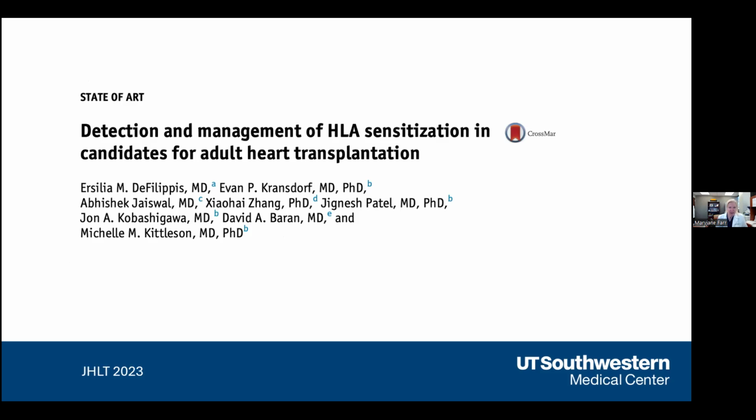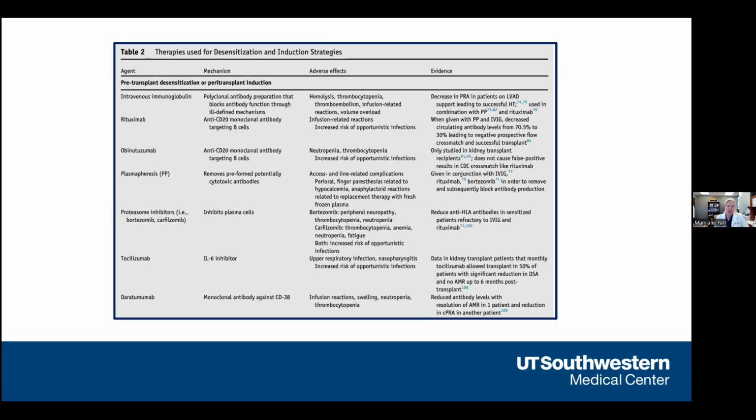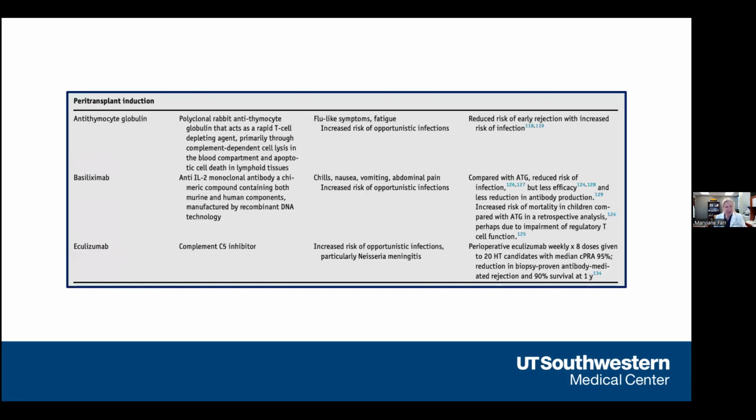DeFilippis and colleagues on the management of HLA sensitization in heart transplant recipients. So they go through all the drugs. I'm going to go through them one at a time. But just if you haven't seen this document, it really gives you a nice lay of the land. What's missing here is belatacept, and we're going to review that. But what I really liked about this paper is they put in